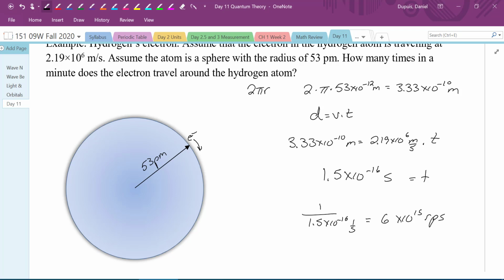Now, if I divide that by 360 for 360 degrees, let's just say it's 2 times 10 to the 13th rotations per second. Let's even do it 1 times 10 to the 13th rotations per second in 360 degrees-ish. All right, that's still a lot. That's over 1 trillion times a second it goes around the atom. All right, so it's going ridiculously fast